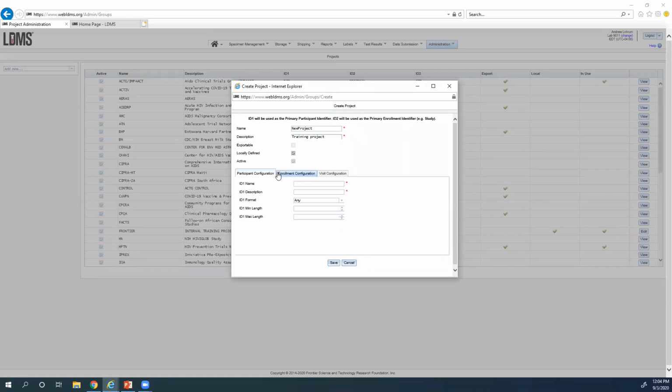and below that header information, we have these three tabs. So you not only define the ID1, the ID2, or the ID3, which is the participant identifier, the enrollment identifier, and the visit identifier, you can now designate the format of the data that is going to be inputted into that field. So my ID1 is a PID,